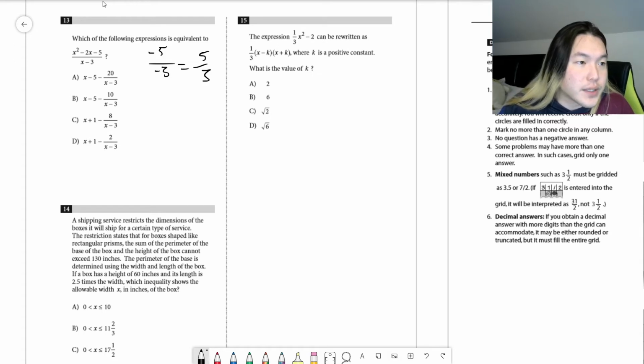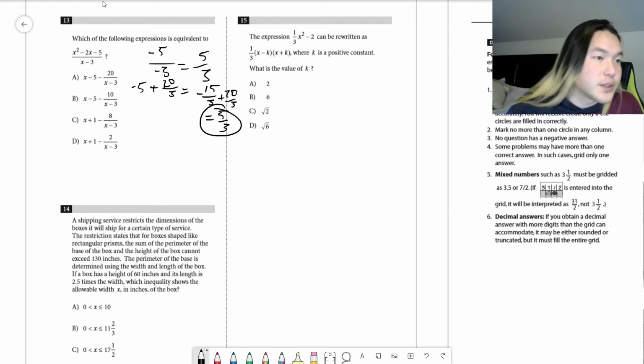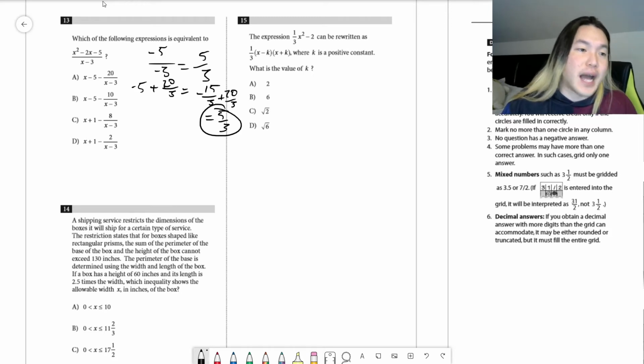So let's go ahead and try that. So here we get 0 minus 5, and then we get a plus 20 over 3. What's that? Okay, so that is actually 5/3. We have a minus minus here to get a plus, and then if we convert -5 into a fraction over 3, that's -15 over 3 plus 20 over 3 equals 5/3. So I really think A is the correct answer, and we can verify that if the other 3 choices do not equal 5/3